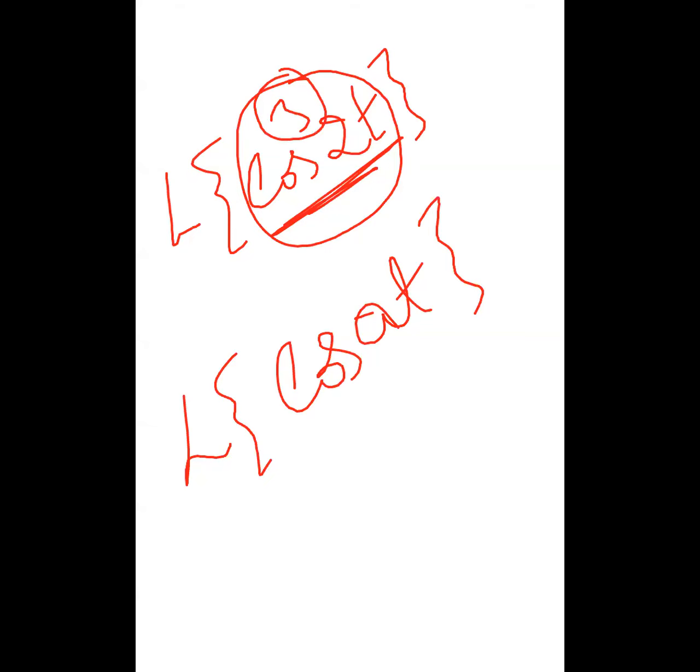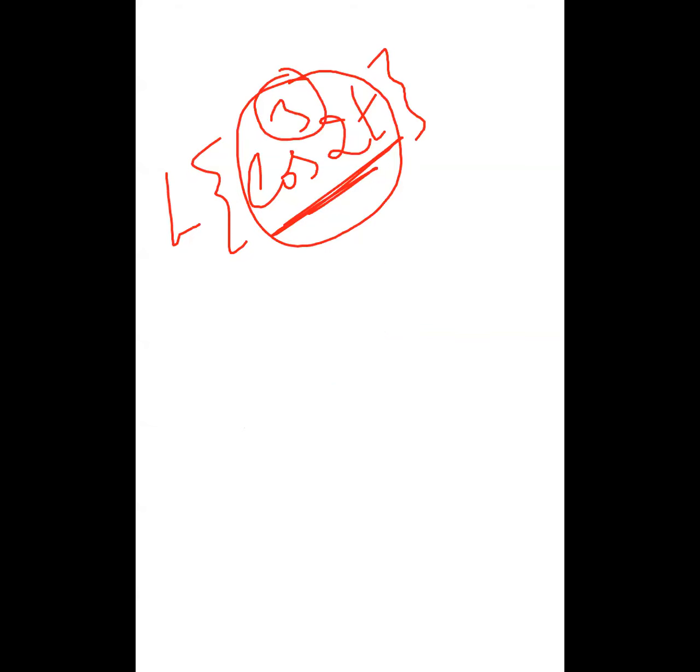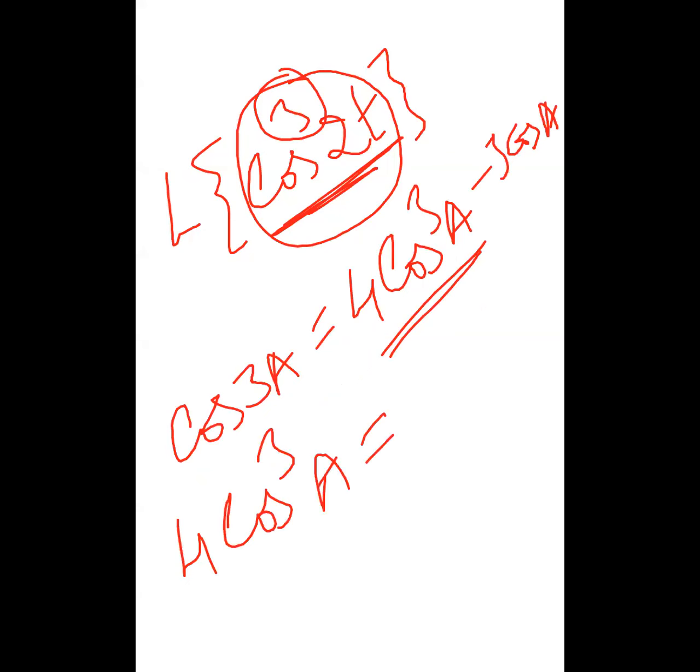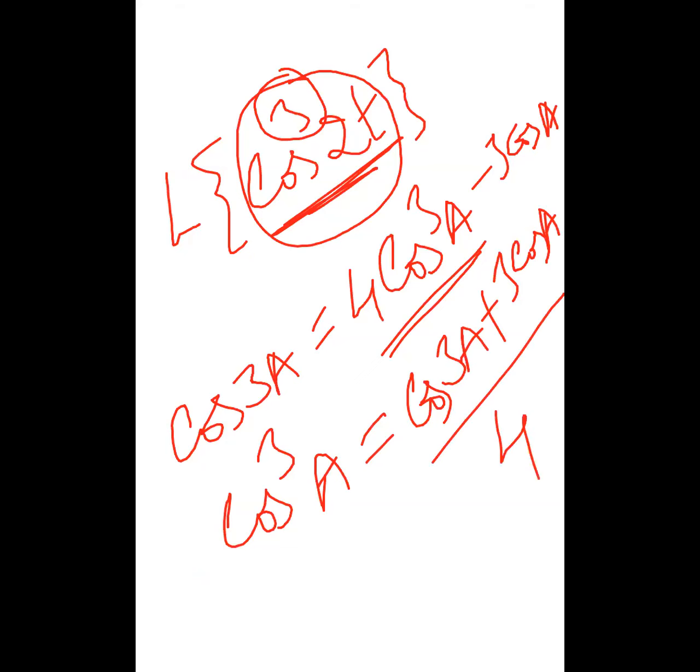So we convert the third order trigonometry function into the first order trigonometry function using trigonometry formulas. So what formula do we use? The basic formula: cos 3A equals 4 cos cube A minus 3 cos A. We need the cos cube term, so 4 cos cube on the left hand side. Adding 3 cos A on both sides, minus 3 cos A plus 3 cos A cancel, giving cos 3A plus 3 cos A. Dividing by 4 on both sides, we get the formula: cos cube A equals cos 3A plus 3 cos A by 4.